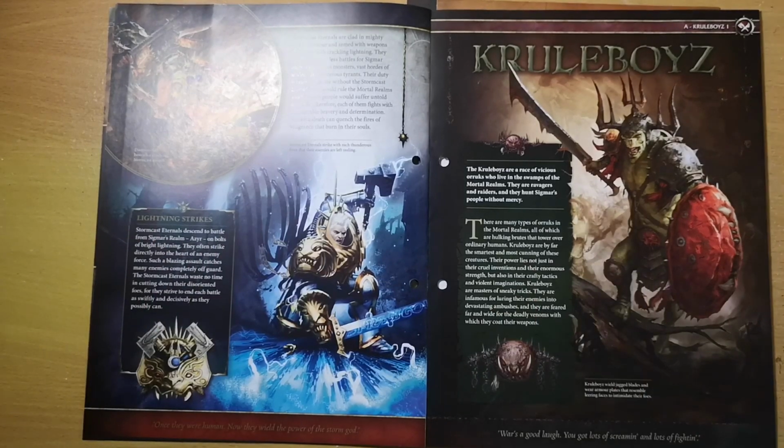Then we move forward, we get the Orcs. So these are your new Cruel Boys, a race of vicious orcs who live in the swamps of the mortal realms. They are ravagers and raiders, and they hunt Sigmar's people without mercy. So if you haven't already read about these guys, these are more skinny, lithe and sneaky versions of orcs. So most other orcs are big brutes that plough through and aren't always the brightest bulbs in the pack, but these Cruel Boys are sneaky, they're cunning, they like to use tricks,